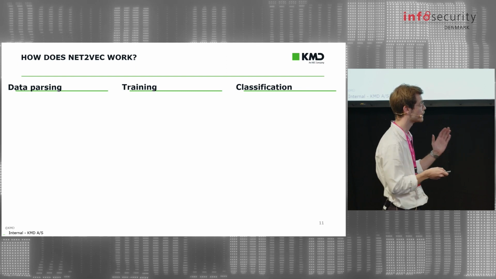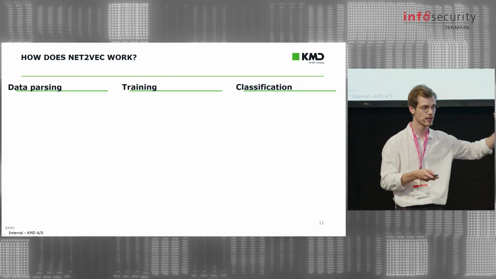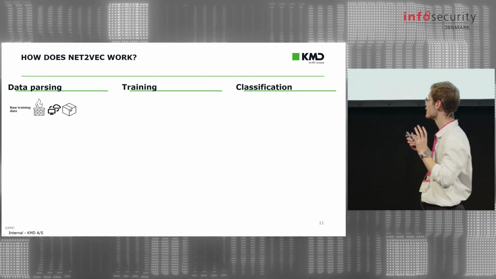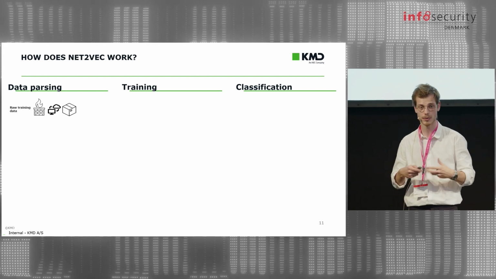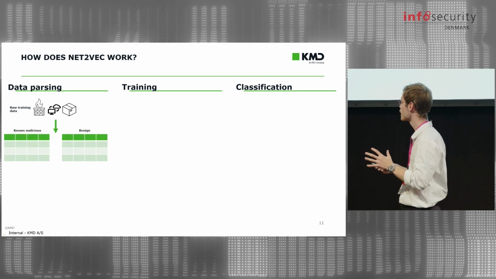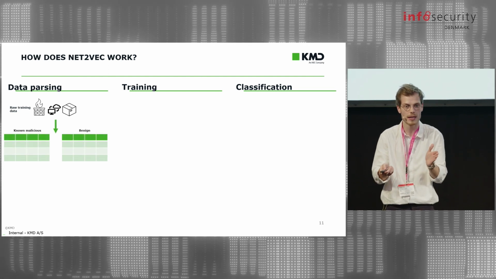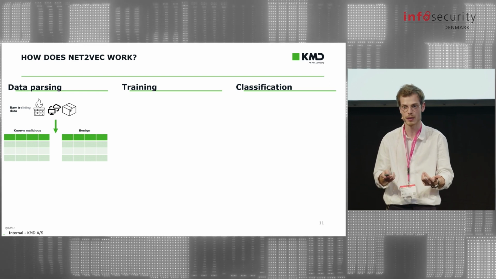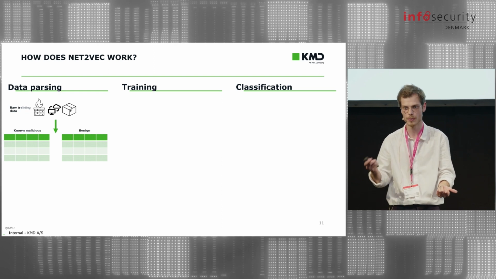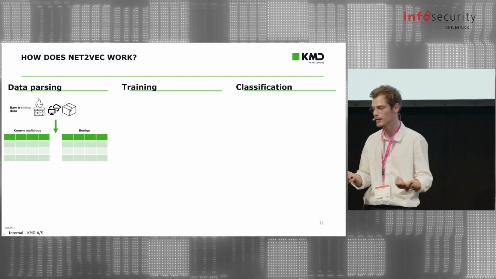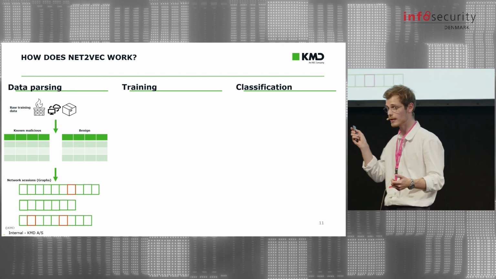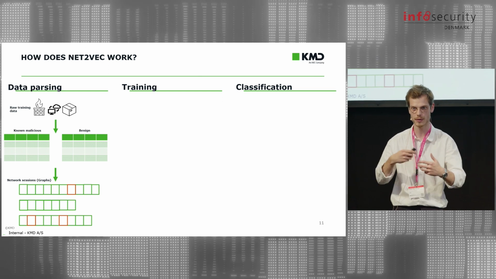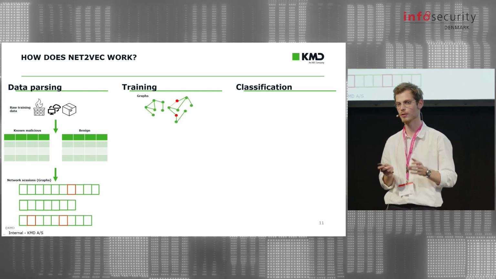So the system itself is divided into three sections. We start off with the data parsing, which is where we gather the raw training data from the DNS or firewall or another source. And the first thing that happens is it's categorized into benign and malicious. We need this division, and we often take it based on a blacklist available from the firewall directly, or from an open source or another commercial blacklist. This is then parsed into network sessions based on time, so we know all of these domains or activities belong together, which is represented in graphs.